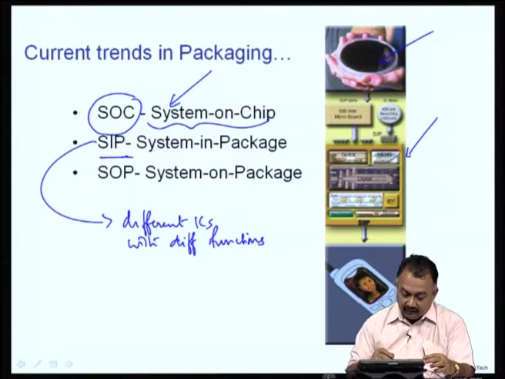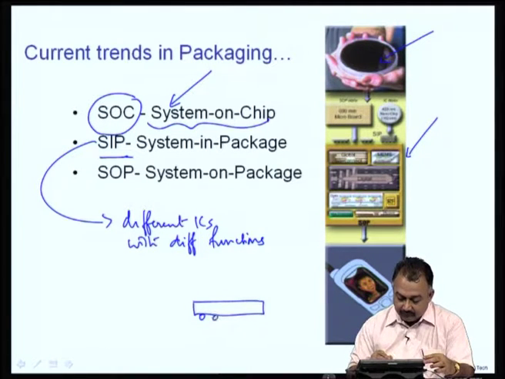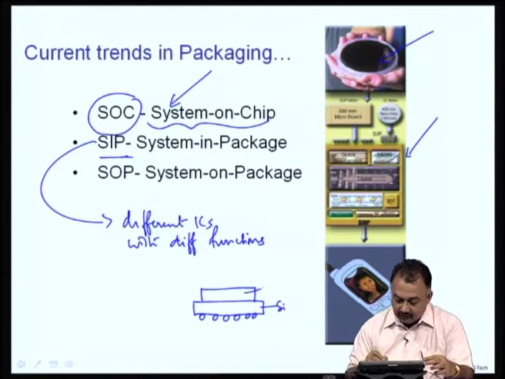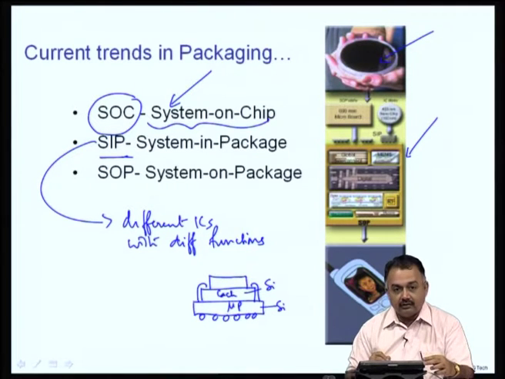Now, all you do is you can outsource or buy these different active devices and then package them together. For example, a simple figure for that would be you have a simple IC here. Now, you take another IC, this is silicon, this is silicon. Now, we are going to place this silicon on this first silicon device and interconnect it. Okay. So, this can be for example, cache, this can be a microprocessor. Now, you take another device and this is again placed on the same substrate, it is integrated vertically.